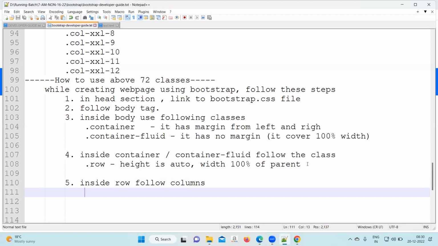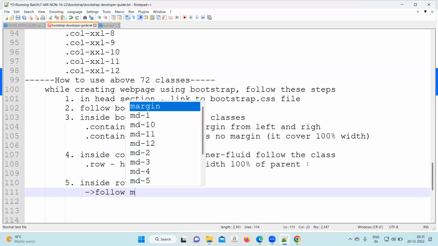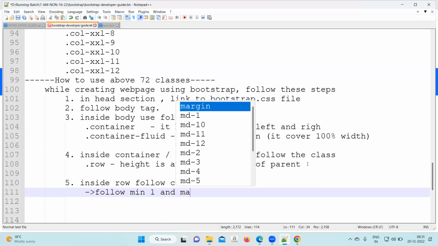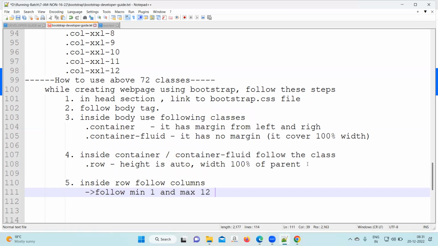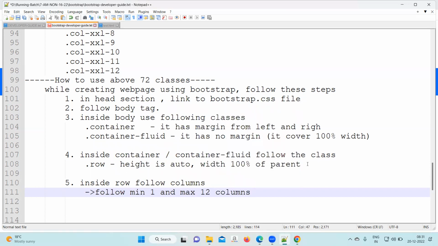Under the row, we'll keep the first point: inside a row, follow minimum one column and maximum 12 columns